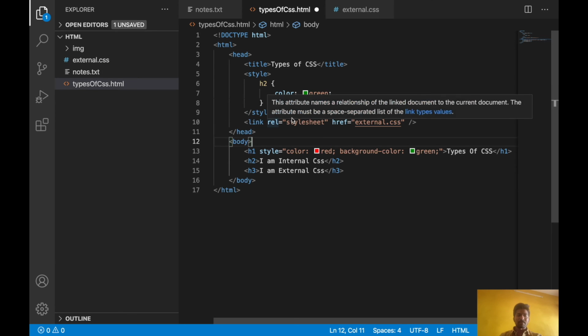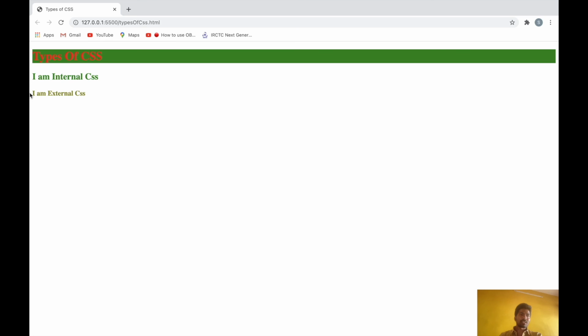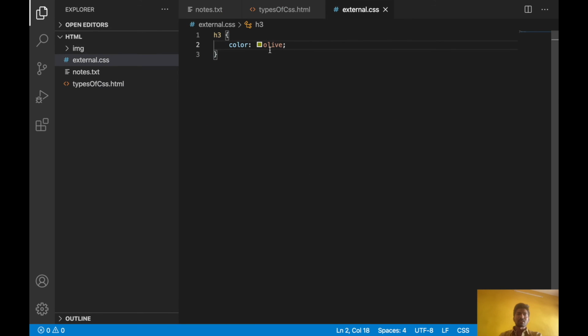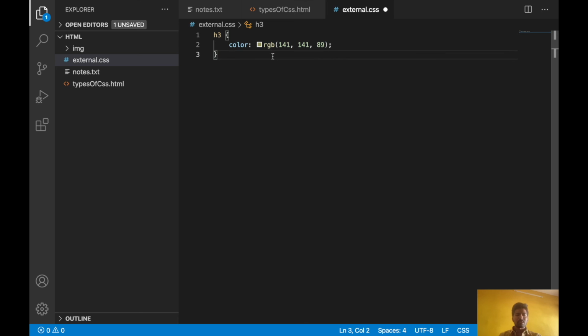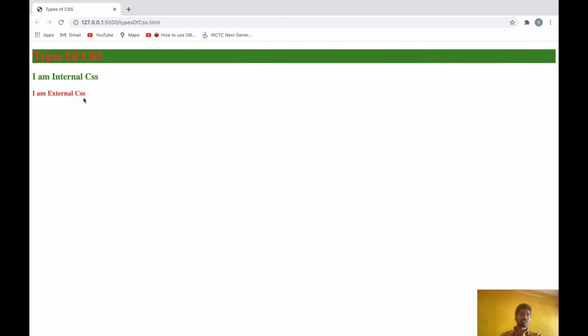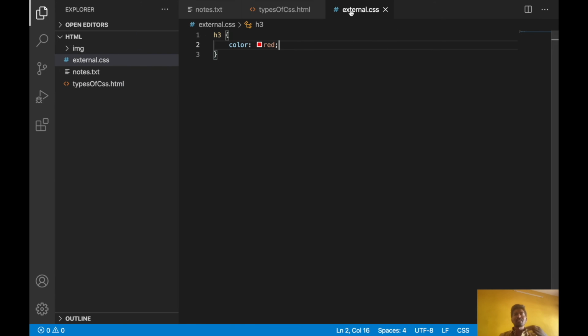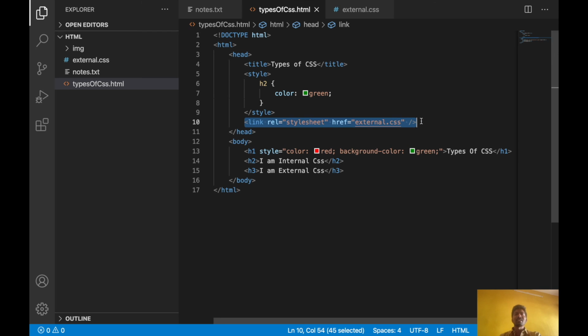Okay, now see, check in the browser. See, we gave some color, olive. That color is coming. Let's change it to some other color. Save it. See, let's give some normal color instead of this. Let's give red, semicolon, save it. See, red color is coming now. So this red color is coming from external CSS. For external CSS I created a separate file. Inside that I have written this CSS. So using the link element I included that external CSS.